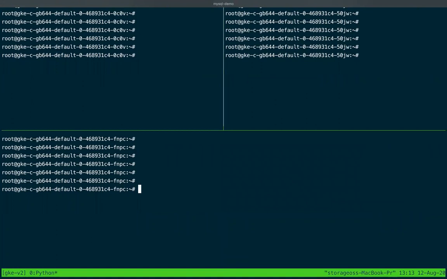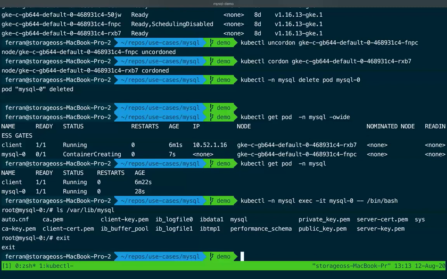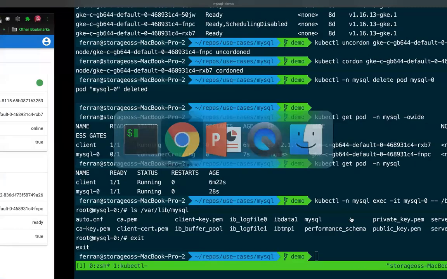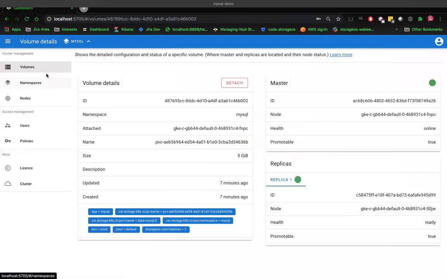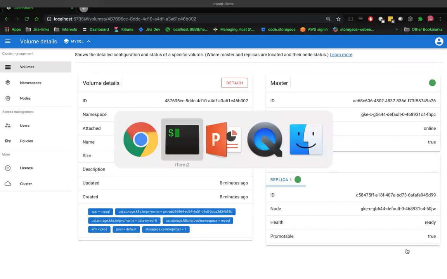That was fast enough. Now let's go back and see where the data is now being served from and where the writes are going to. Specifically, we can see that now FNPC is the primary. Let's just refresh in case. Now we can see that node FNPC, which was a replica before, is now a primary. We automatically failed over a volume, and StorageOS has created a new replica in a different node, the 50 JW,